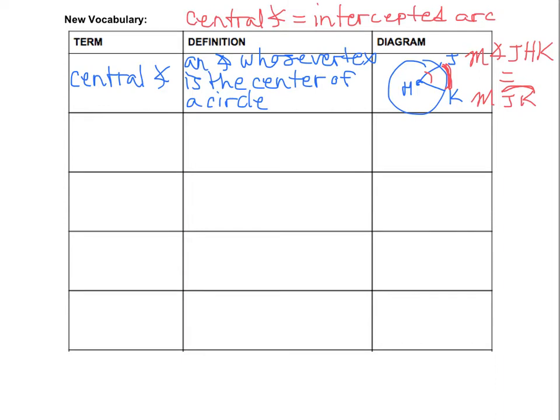Then we're going to go to talking about specific types of arcs, and the first one is a minor arc, and that is an arc whose measure is less than 180 degrees. That's your cutoff point for a minor arc. And as far as how it is named,